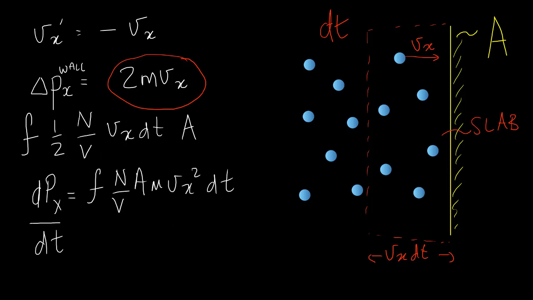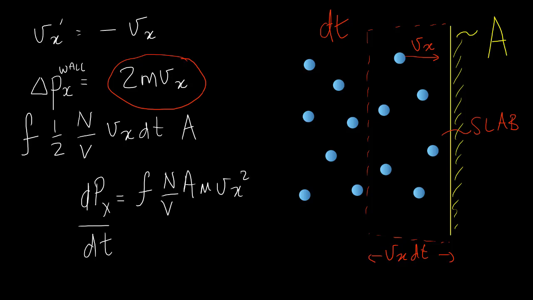Hence, the force exerted on the wall by all these collisions is Fx equals dp/dt equals F times n over V times A times m times Vx squared. There is no Fy or Fz, so the force F is equal to Fx. Knowing the force, we can find the pressure, but recall that we are only considering a subpopulation of particles with